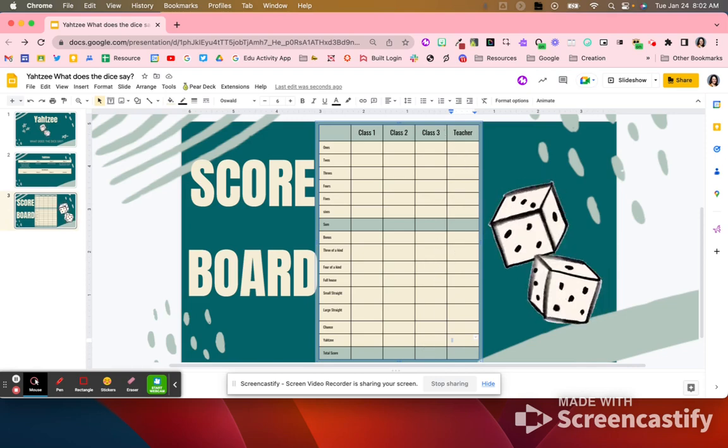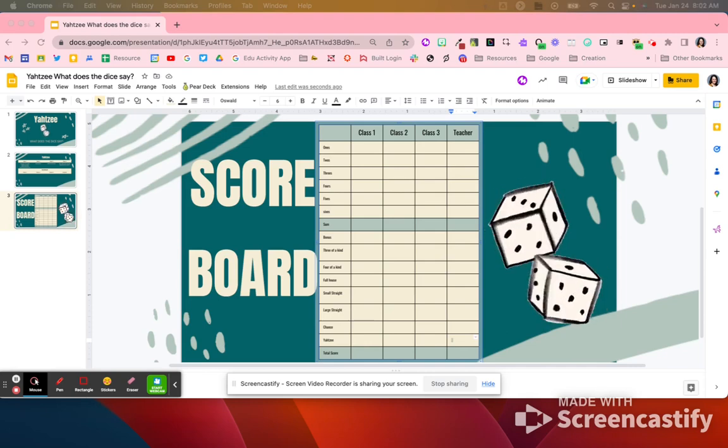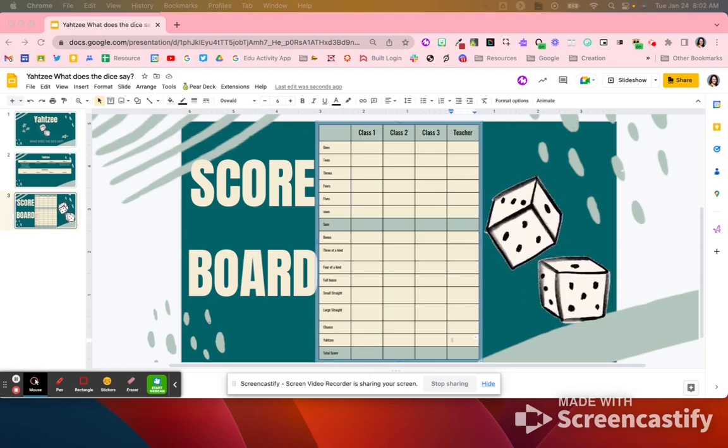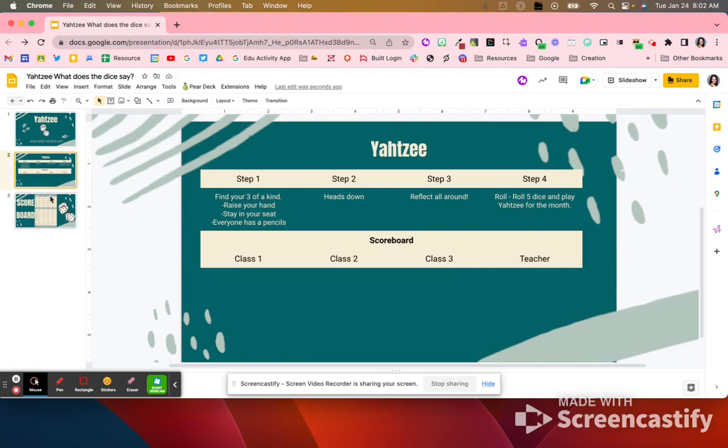So again, you could play that way if you wanted to. And then it's like you get the best out of those 3 classes. Totally up to you on how you want to organize your Yahtzee game. But again, focus on those 3 of a kinds and